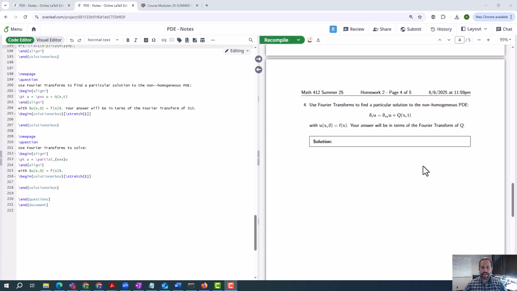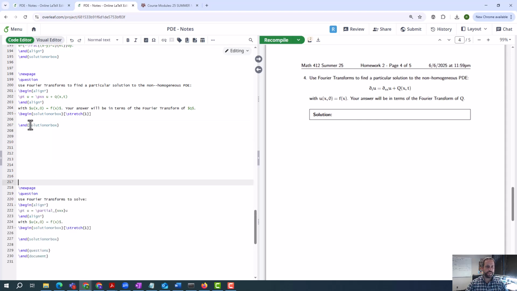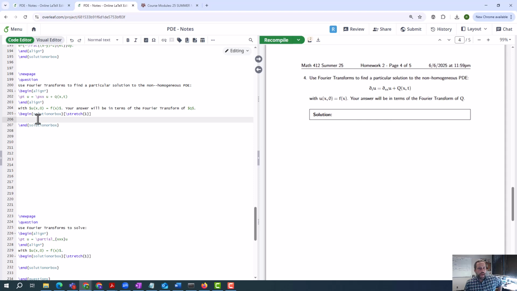All right, so this is a solution of a non-homogeneous problem. There are several ways to find solutions to non-homogeneous problems, but I'm saying find a particular solution to the non-homogeneous problem. You might remember this from your differential equations class. If you have a non-homogeneous problem, the general solution, this is from ordinary differential equations,